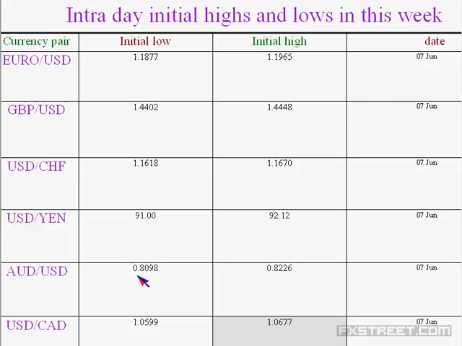Then the Australian dollar, 0.80809, which is also intact, and which is again to 0.8159, so about 50 to 60 pips, and the high is 0.8226, that is the Friday close level, and from there they dropped it. Friday's close was even lower when they opened and then further dropped, and subsequently they are gaining the level, and they are expected to gain the levels. They have not cut the low.